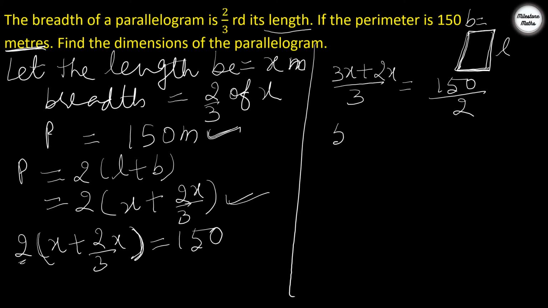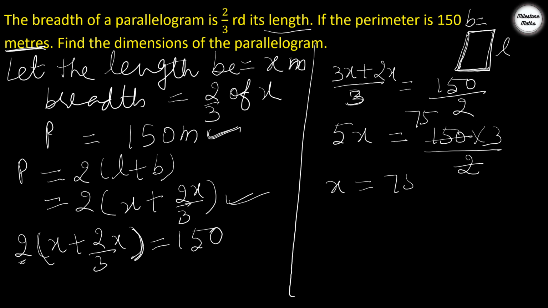Now 3x plus 2x is 5x. This 5 is in multiplication with x, so it will go to the right hand side as division. So x equals 150 into 3 by 2 divided by 5. Now 150 by 2 is 75, so x equals 75 into 3 by 5. Now 5 fives are 25, so x is 15 into 3, that is